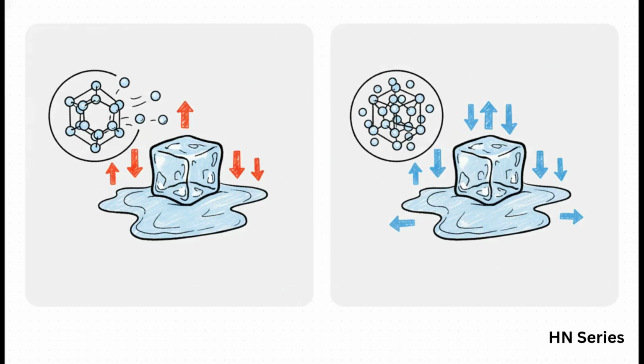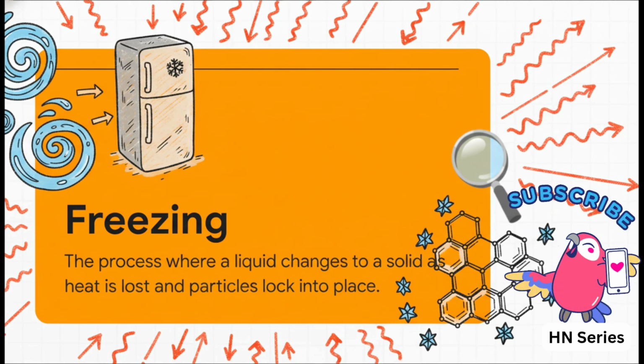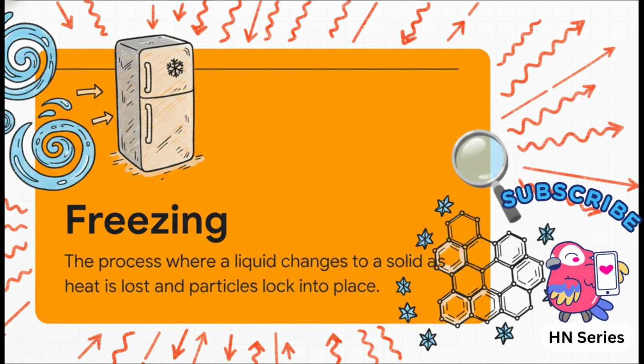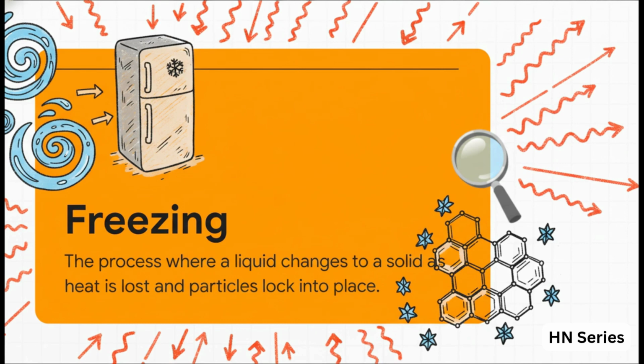And guess what? We see the exact same mirrored pattern for the next step down. Freezing is the exact opposite of melting. Instead of gaining energy to get moving, you're losing energy to lock in place. So let's take our liquid water and pop it in the freezer. The freezer's job is to pull heat away from our molecule. It starts to slow down, it gets more and more sluggish until it just doesn't have enough energy left to slide past its neighbors. It gets locked right back into that rigid crystal structure. And just like that, it's ice again.